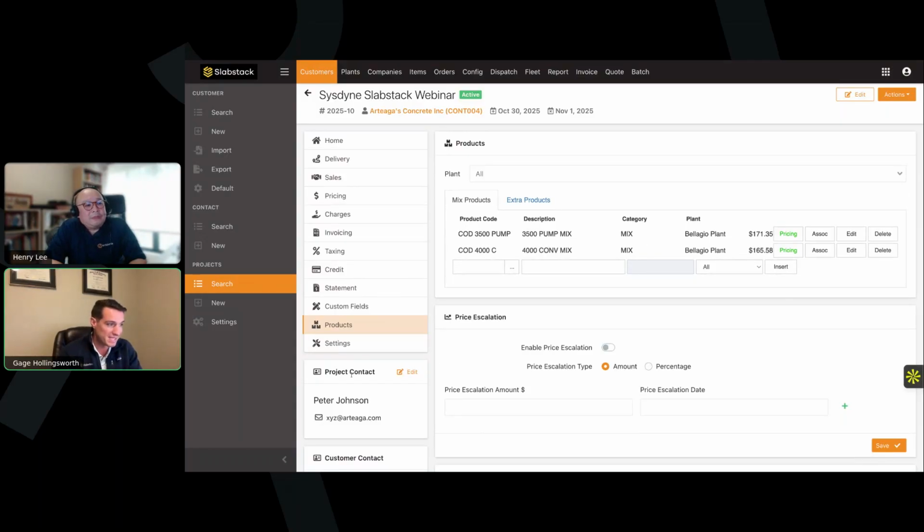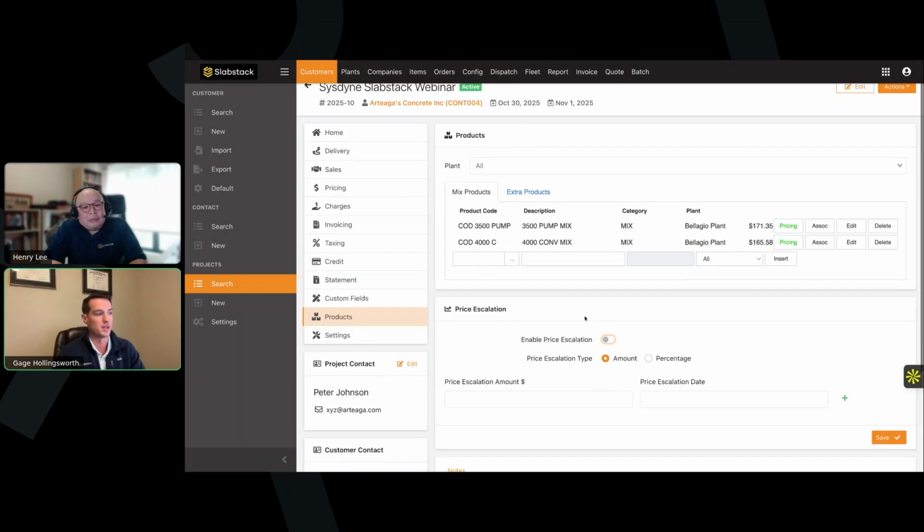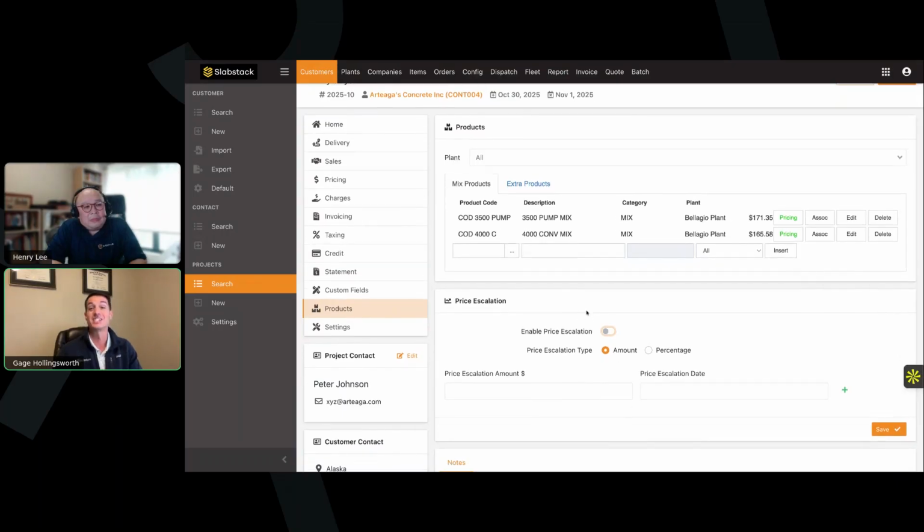To Henry's point, that specific contact, Peter Johnson, in the lower left hand side of our screen, is also attached directly to the project. So you don't need to go and search and say, hey, was it Henry that was working on this project with us? Was it John? It's like, no, this is the one-stop shop. It has all the information in ConcreteGo directly from SlabStack. It just makes it a little bit easier on the end user to stay on top of important communications and make sure that you are in fact dealing with a customer that knows what you're talking about, and not somebody in the back office that has not been involved.